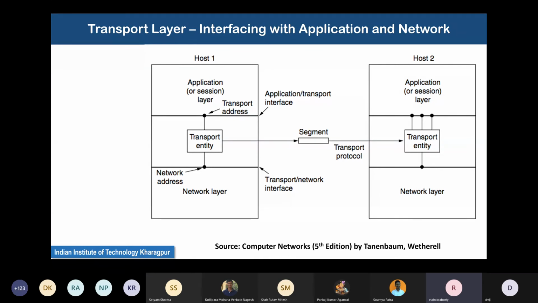Now, the transport entity also needs to interface with the network layer in some way. How to do that?